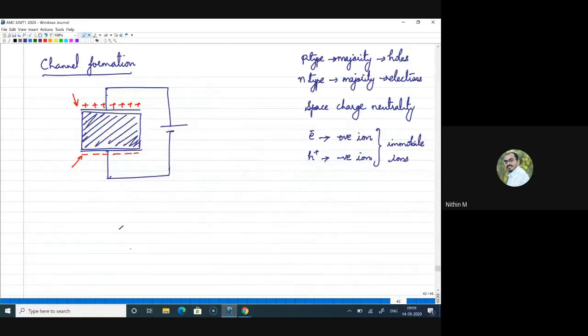Then we started looking at the channel formation inside a MOSFET. We did not consider the source and drain region. We started with two parallel plates, like in the case of a parallel plate capacitor. If you have two plates, and if a potential difference is applied, the one to which the positive terminal of the battery is connected will have positive charges, and that will induce negative charges on the other side if it is separated by a dielectric. And the dielectric can be anything like air, vacuum, or some dielectric material itself. These are the things we have seen.